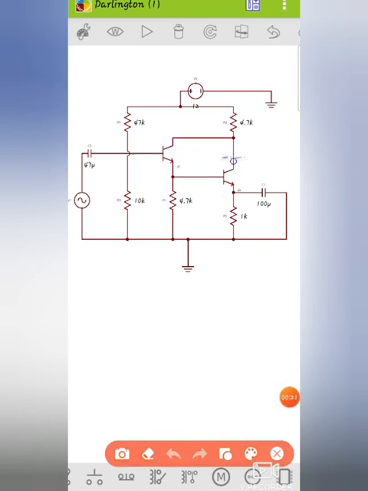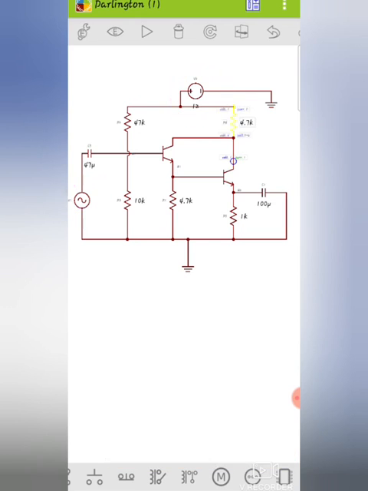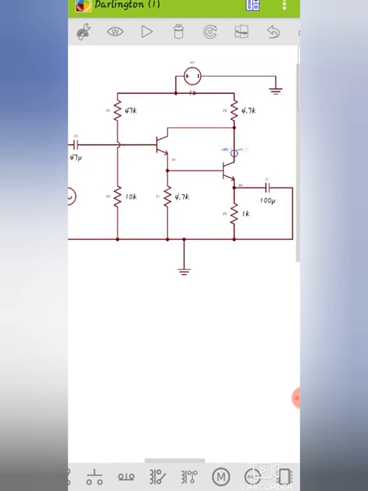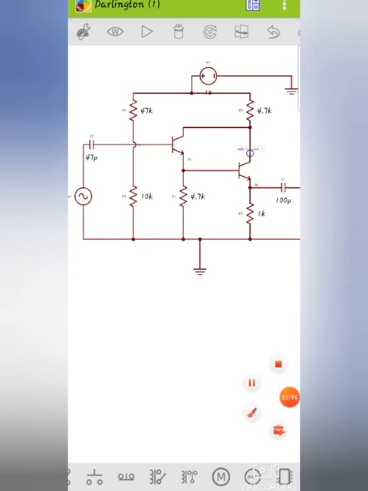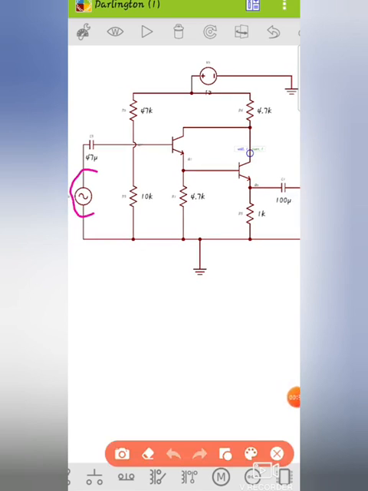And this is the AC voltage source, and this is the DC voltage source, in which this is the CE amplifier I have connected. Why? Because the base is the input terminal and the output is the collector terminal, which means the emitter terminal is grounded. It implies it is the common emitter configuration.